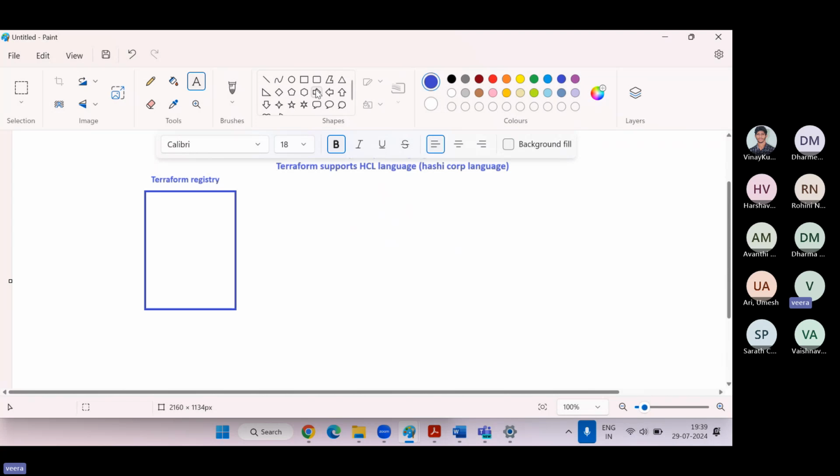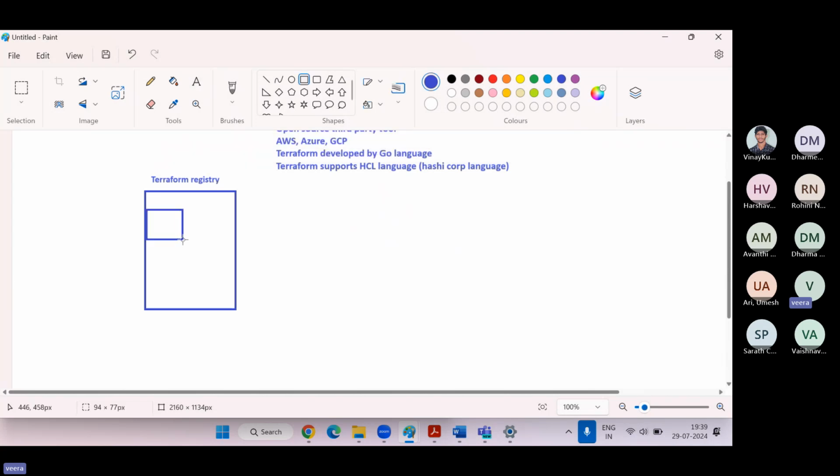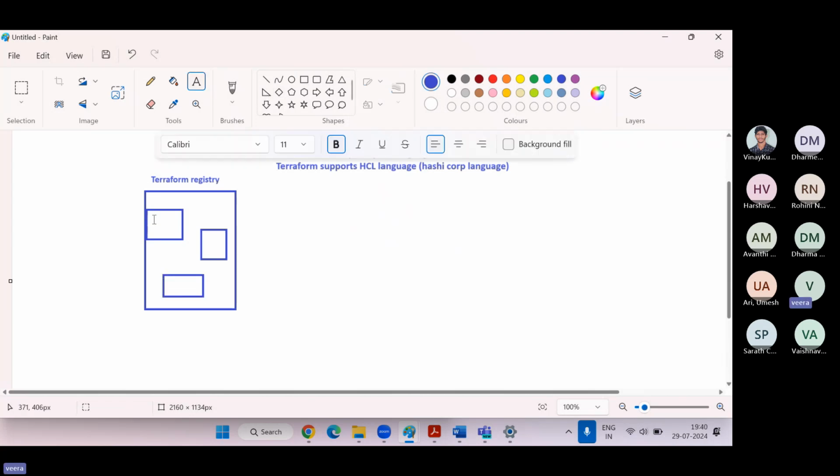We can see here AWS, Azure, and GCP. Let me write here AWS, Azure, GCP. While writing Terraform code, we need to mention which cloud it is. That is called the provider block.